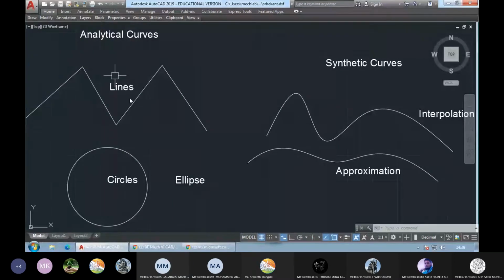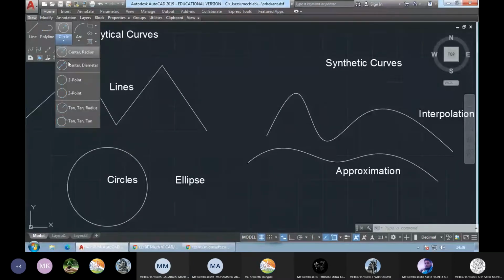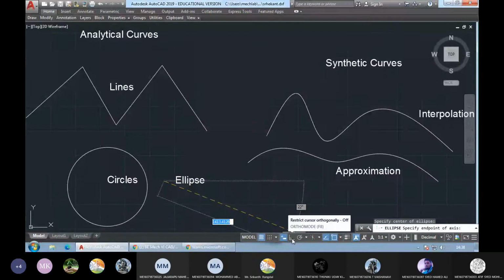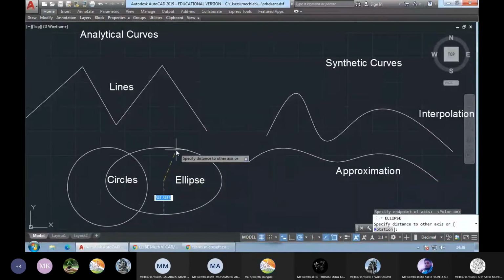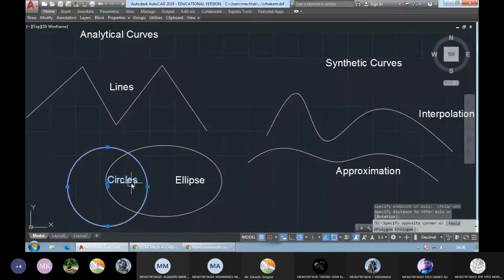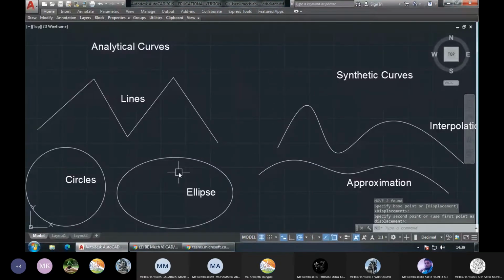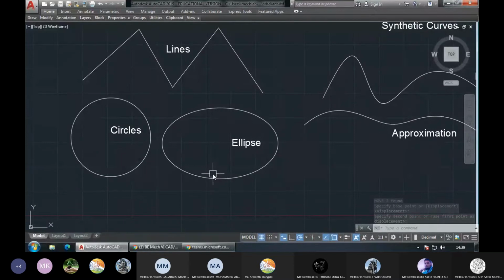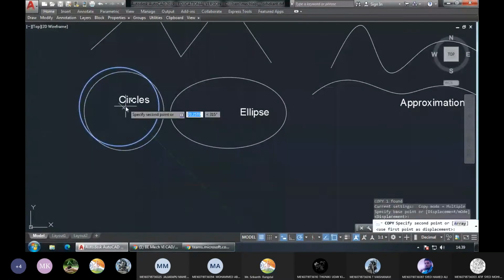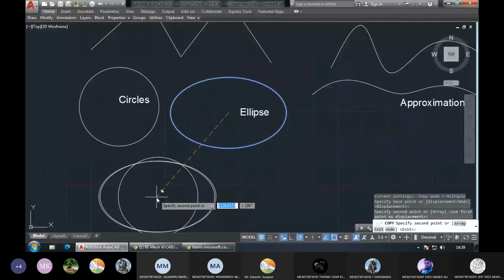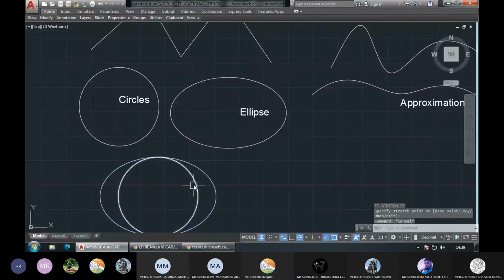So ellipse is the thing you can talk about, not oval. Oval is different. What is the difference between ellipse and oval? Anyone? This is ellipse and this is a circle. What is the difference between ellipse and oval? Oval, you can say it's slightly a combination of circle and an ellipse. Do you agree?